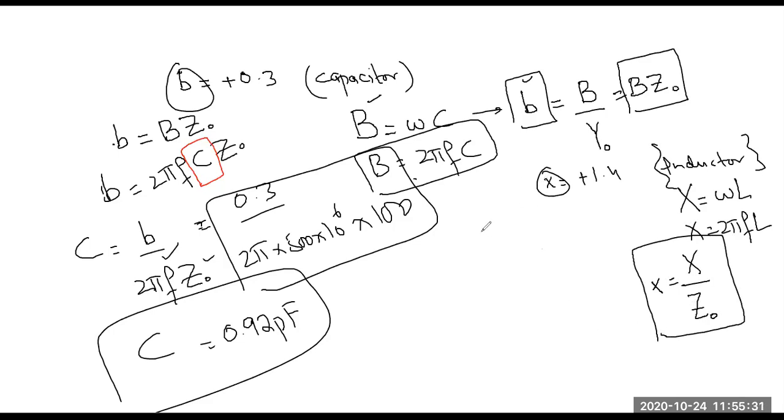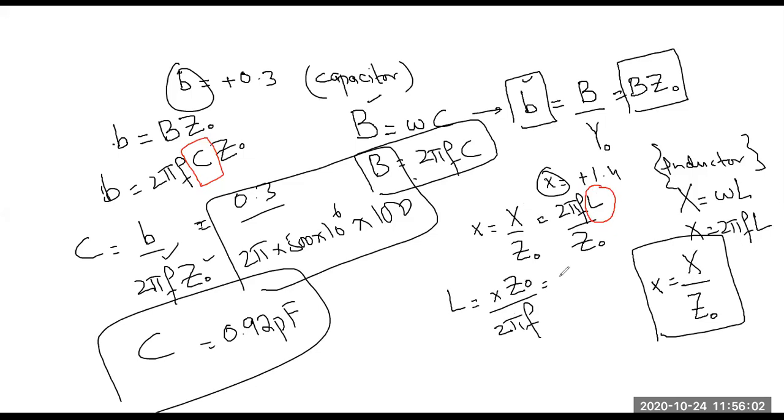सो यहाँ पे जो X की वैल्यू है इसको इन टर्म्स ऑफ एक्चुअल X हम लिखेंगे तो हम लिखेंगे X बाय Z₀। X की जगह हम लिखेंगे 2πfL डिवाइडेड बाय Z₀। अब जो अननोन हमारे पास है वो ये वाला है, इसको हमने फाइंड करना। सो इसको आप L के लिए रीअरेंज करें तो L के इन टर्म्स ऑफ L आ जाएगा X Z₀ डिवाइडेड बाय 2πf। X की वैल्यू 1.4 है, Z₀ 100 ओम के बराबर है, 2πf की वैल्यू है 500 इंटू 10⁶। तो इसको जब आप L के लिए सॉल्व करेंगे ये आपके पास तकरीबन आता है 38.8 नैनो हेनरी।